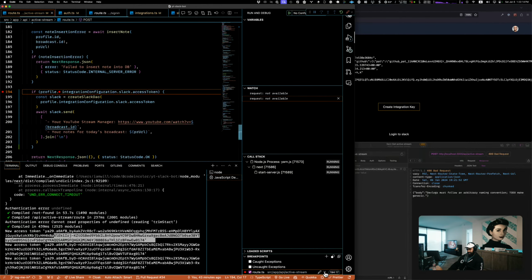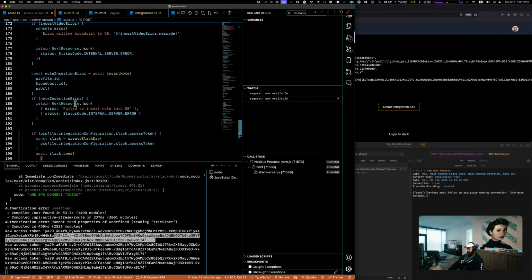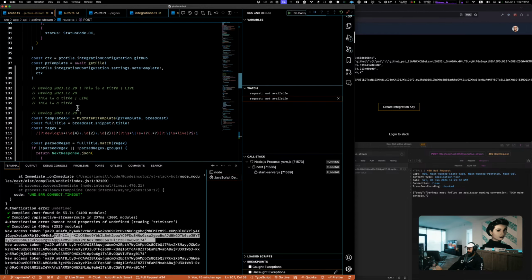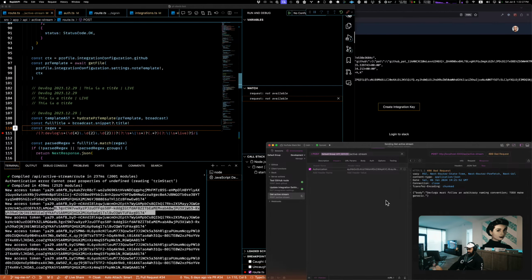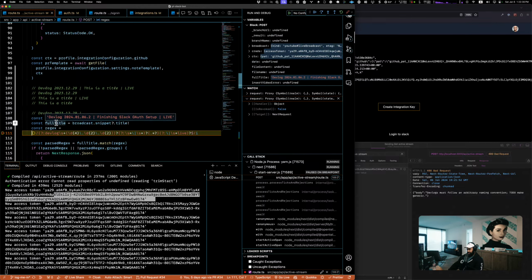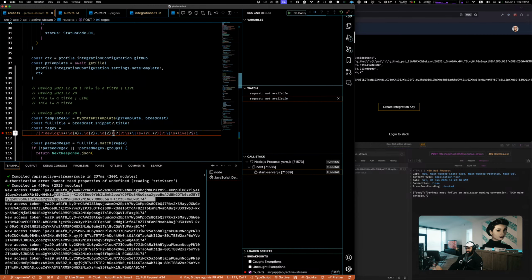So let's go to the active stream and then, oh shit, I just went there and closed it. So I have a regular expression here that's doing that match. So let's put a breakpoint here. See what our title is. It definitely has the things in there that it should have. I see what the issue is. My regular expression is wrong. I should also be able to have an optional number following that. That's why it's not working. So I'm going to continue to get that until I add my optional number.